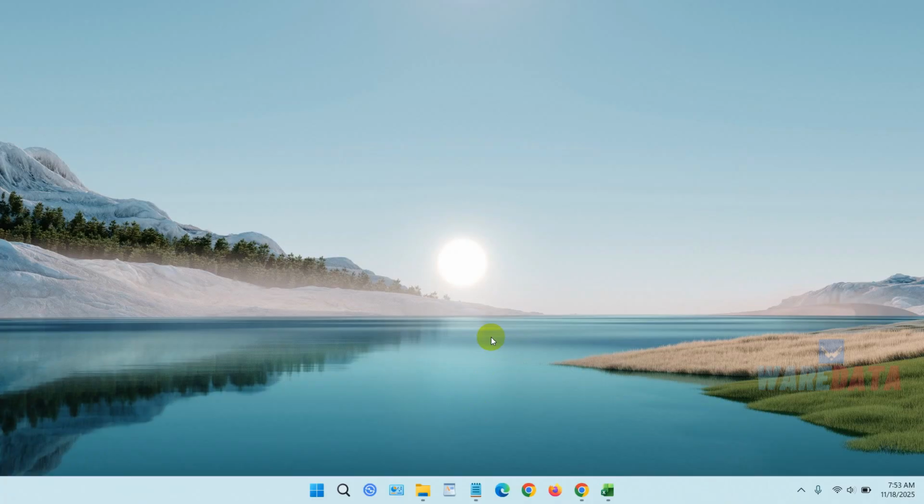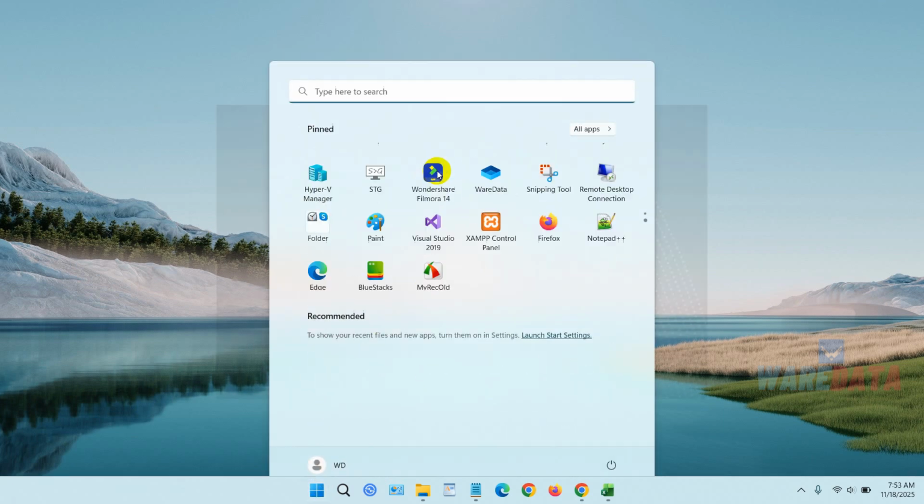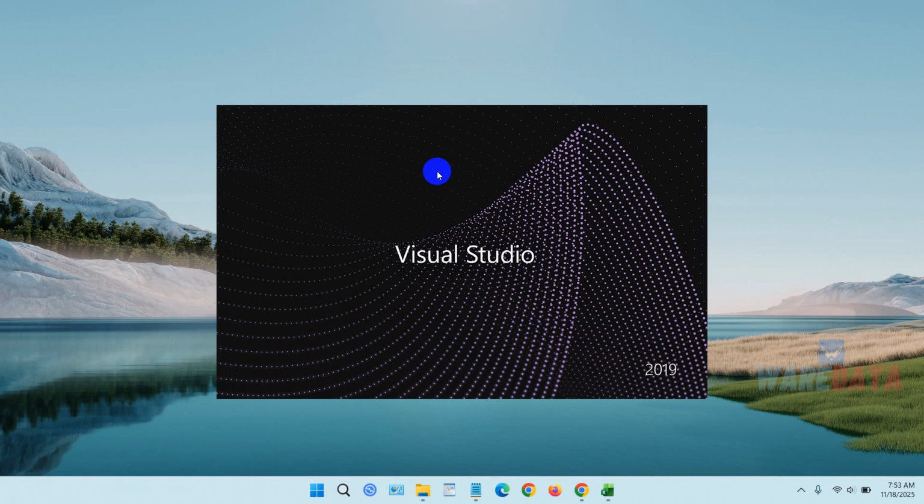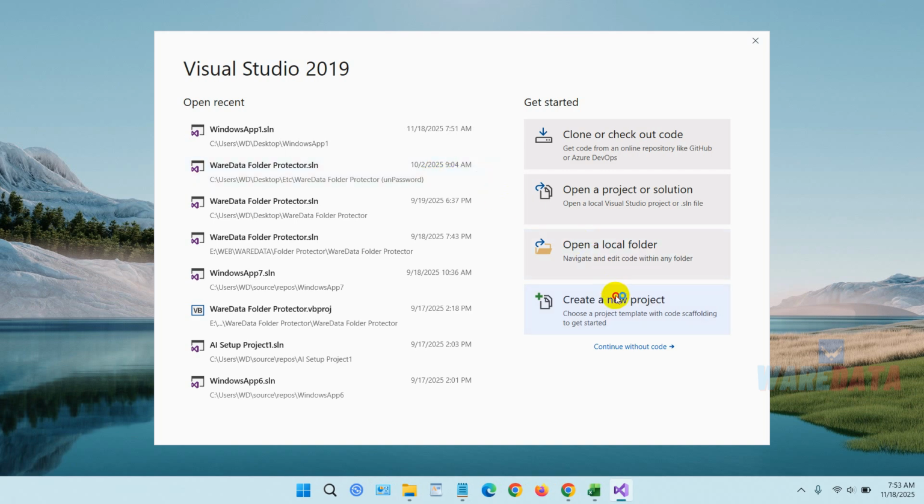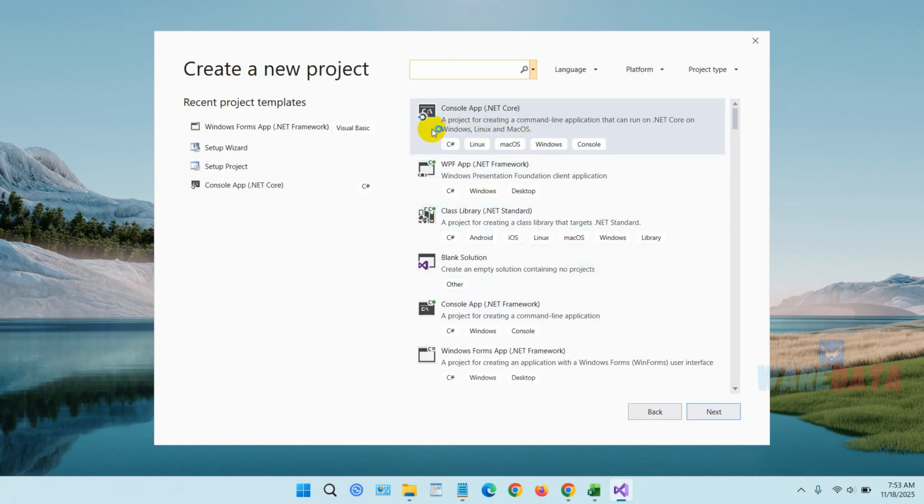In this video, we will show you how to change the target framework in Visual Studio. When you have already created a project using Visual Studio and then want to change the target framework, it's very easy. For example, let's try to create a blank project here, using the language, for example, Visual